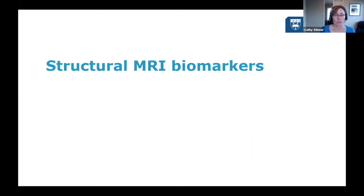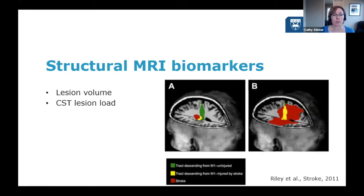So just switching gears slightly for a second to structural MRI biomarkers. Some key ones that have been investigated are the volume of the stroke lesion, the lesion load on the corticospinal tract, which is exactly what it sounds like. It's sort of depicted here in this study from Jeff Riley and company. And basically the proportion of the corticospinal tract that is directly overlapped by the stroke lesion can be measured as